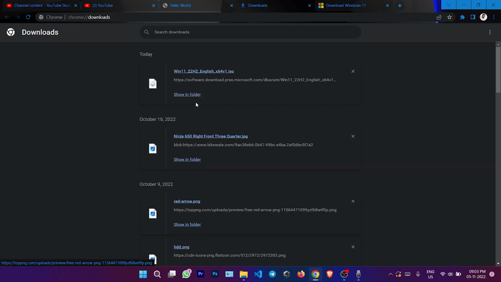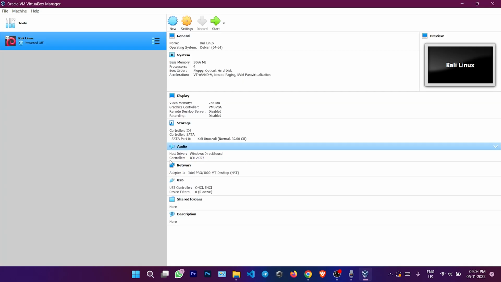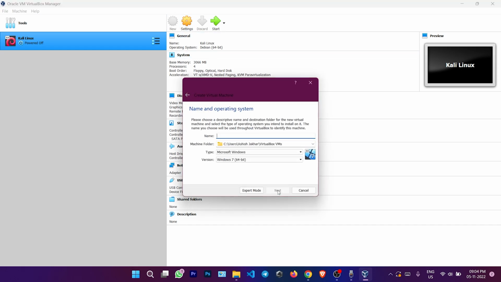So that file is downloaded and let's check this showing folder. So here it is in my downloads folder. So now let's open VirtualBox. So here we are in our VirtualBox. So we will click new and we will name it Windows 11